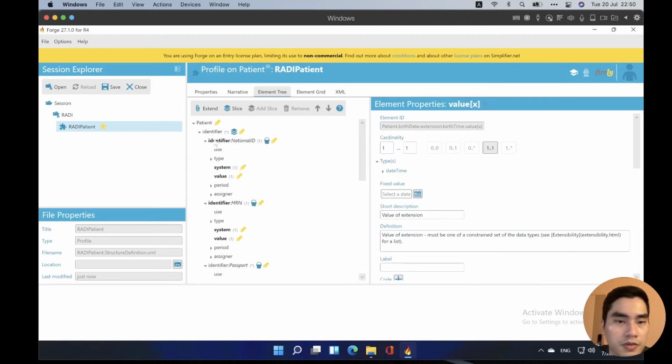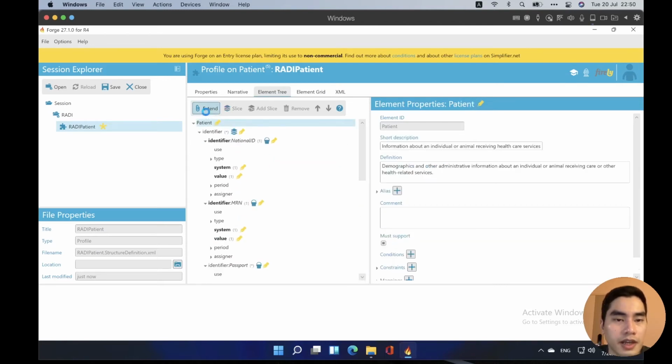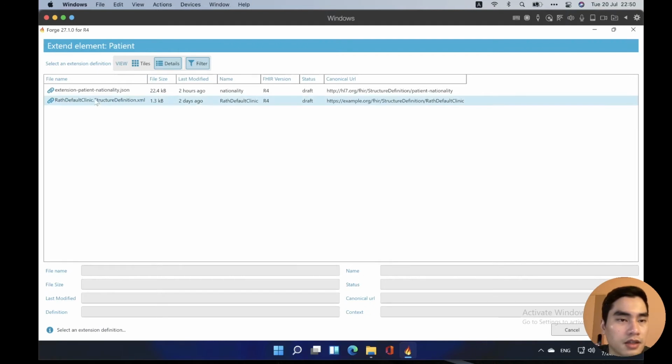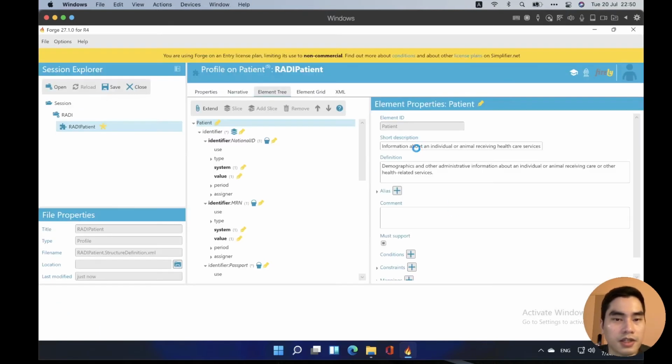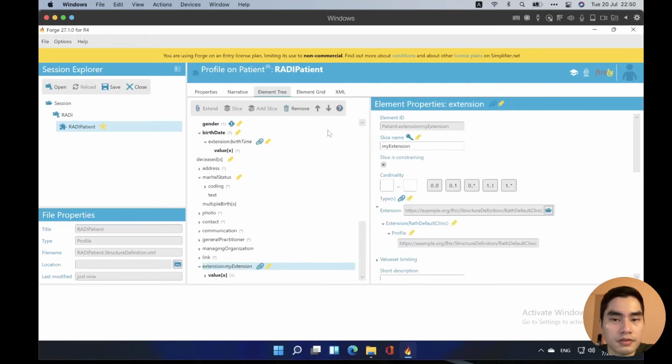And we have to go to the base resource and extend the default clinic. So it's the clinic.